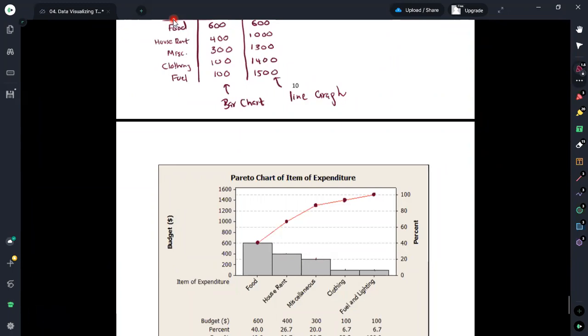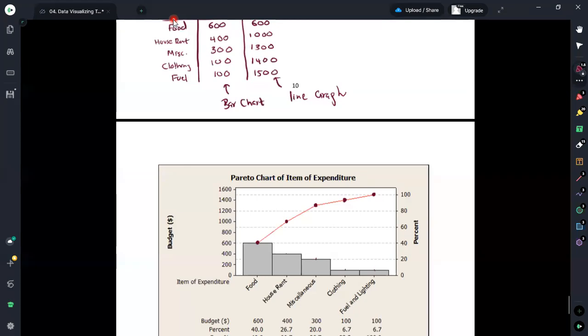If you combine this bar chart along with this line graph, this leads us to the construction of a Pareto chart. We use Pareto charts to get an idea of the data we have for categories. In the bar graph we can see what is the highest, what is the lowest, and such cases. But in the line graph, we can see how cumulatively we have spent the salary, or allocated the budget for these categories in a cumulative manner.